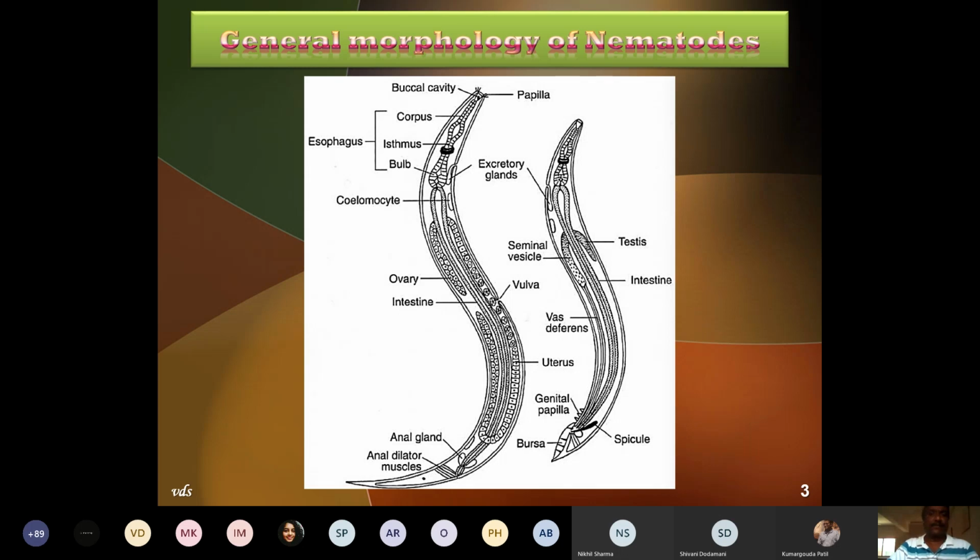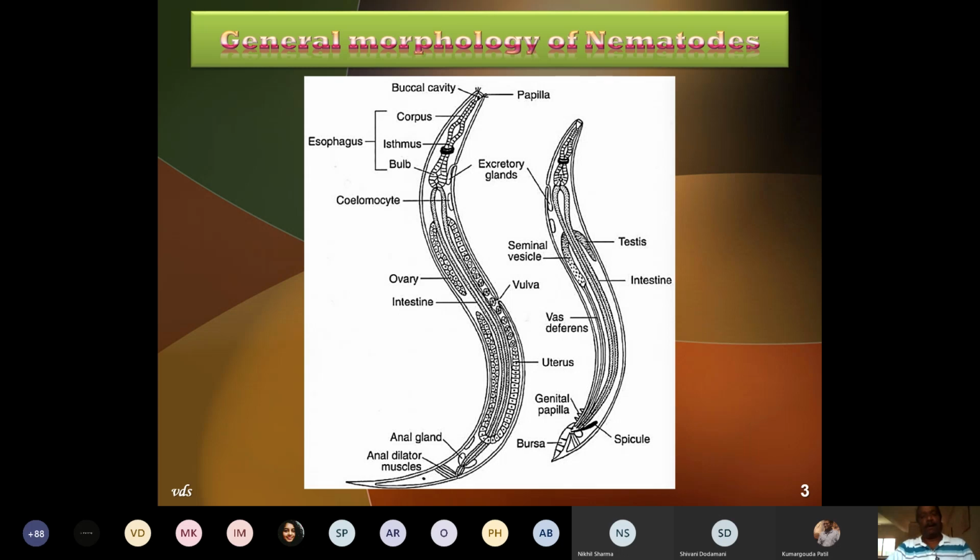on the ventral surface in the form of a slit, which is called the anal pore or anal slit. This anal slit is supported by muscular dilators, so that during excretion, these anal dilators or muscles may expand the transverse anus and the end products are excreted out. Whereas in male parasites, the cloaca opens onto the ventral surface.